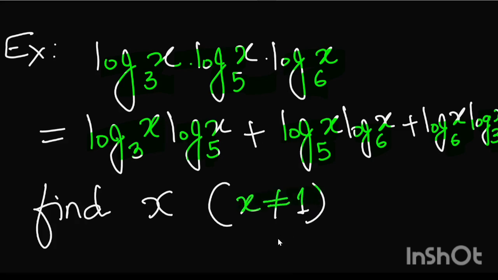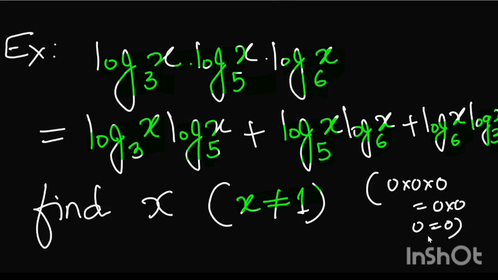So what if x is 1? If you take x as 1, it will also be a solution. But since x is not equal to 1, we have to find a solution other than 1. Why is it a solution? Because if you substitute x equals 1 here, log 1 is 0. So 0 into 0 into 0 is 0, and 0 into 0 three times is 0, so 0 is equal to 0. So you have to find x. So how can we approach this, guys?